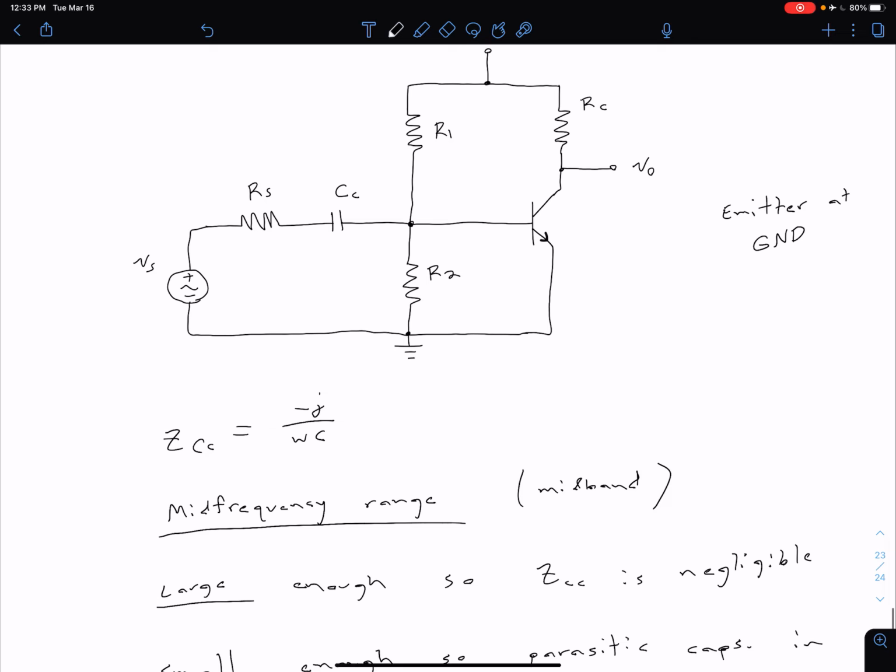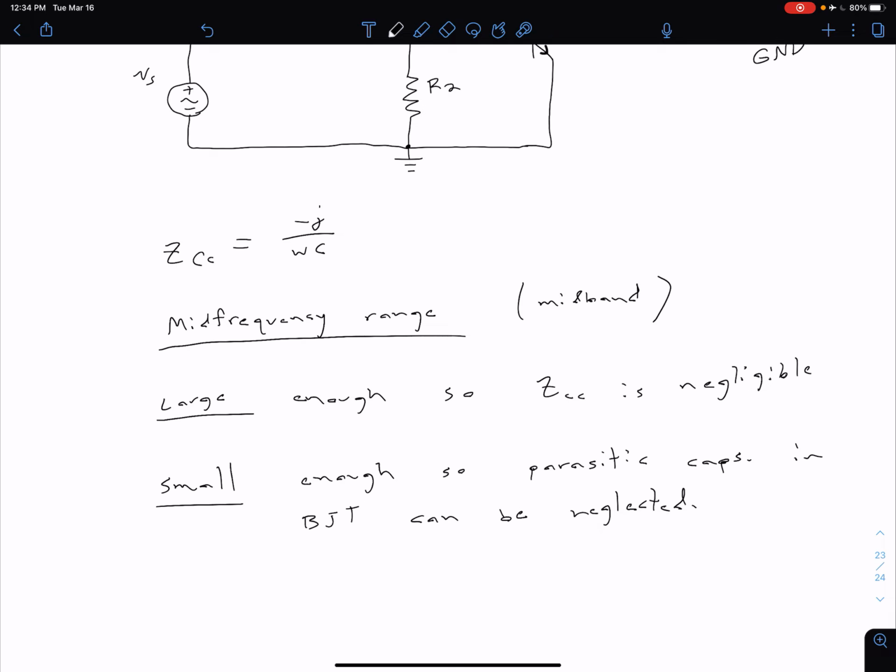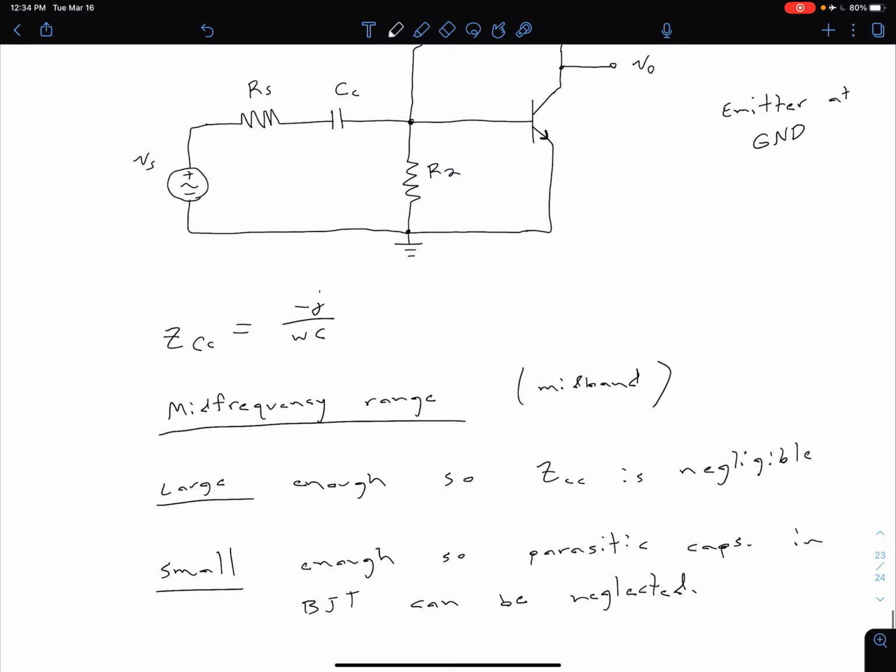But basically, if we were to take a closer look at our BJT structure, of course, in this case, we have an N region, a P region, and an N region. It turns out that there's some parasitic capacitances that result as sort of the interaction of those regions, and it turns out that they're frequency dependent, just like any other capacitance. So we're talking about frequencies sort of between those two limits, and again, you'll notice I'm not necessarily writing a hard range of numbers, and that's because it's going to depend a lot on what frequency